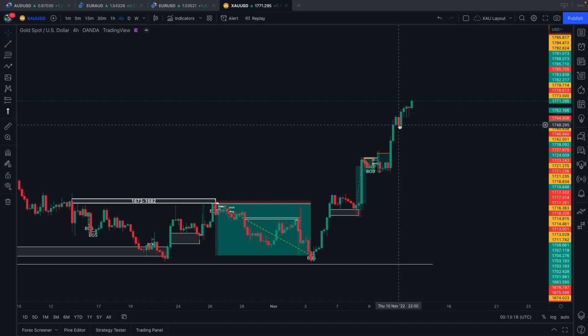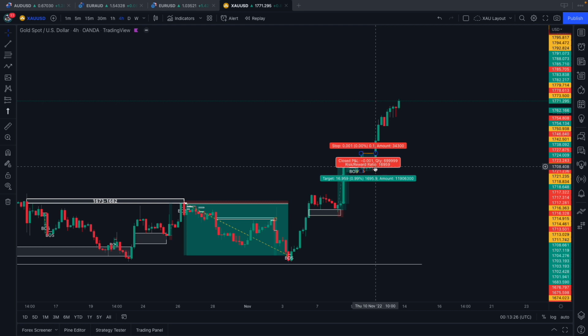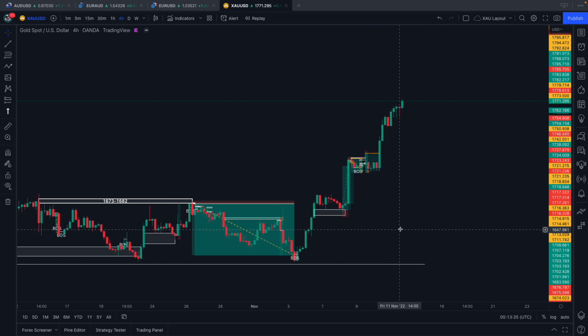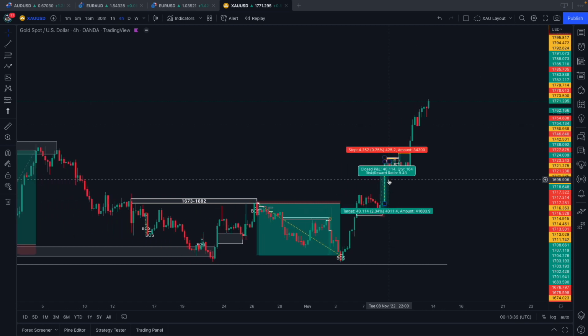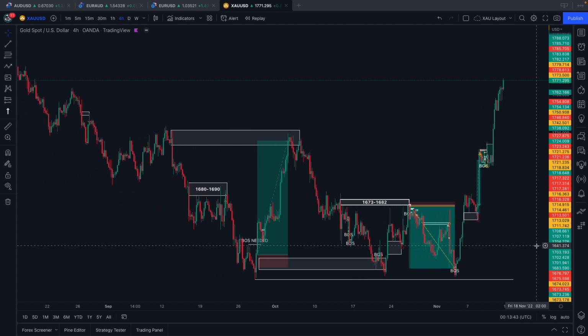So the 1745 to 1755 region. I know it's 100 pips large, but this is on the higher time frames. And again, around 1705 and 1712. These two regions here. Look for buy positions around those areas. If we get rejection to the downside and price starts trading higher after tapping these areas, then we can expect that next impulsive wave higher is going to take place, and we can take advantage of that.